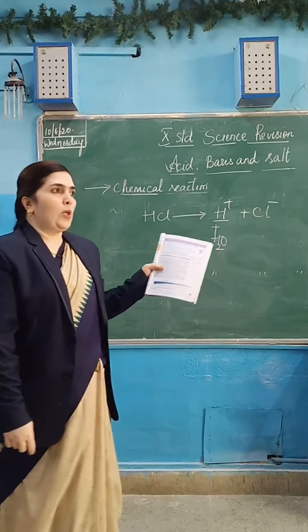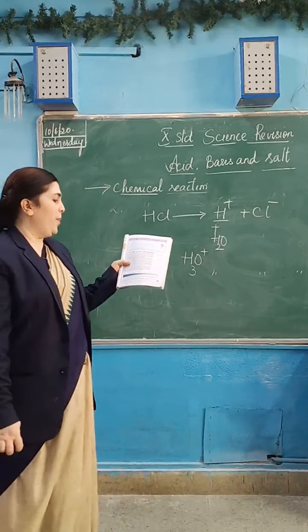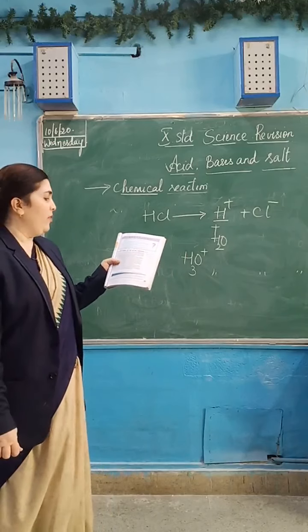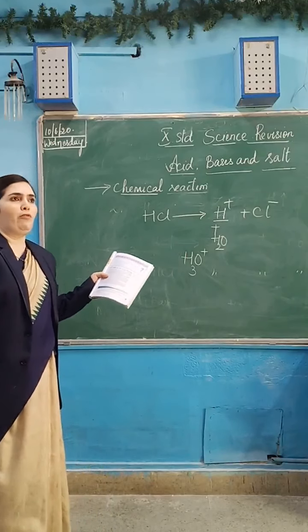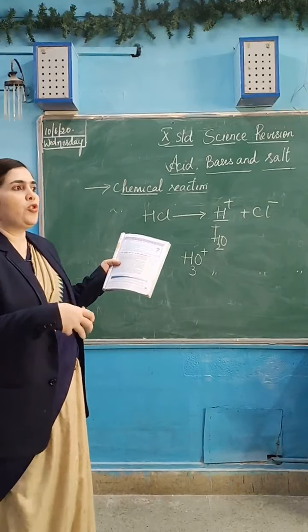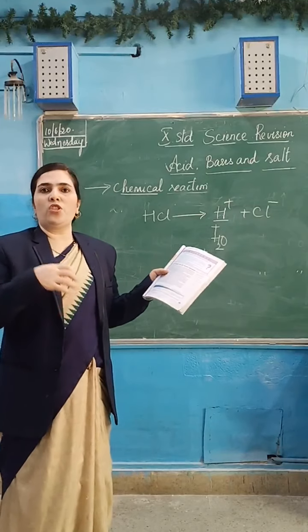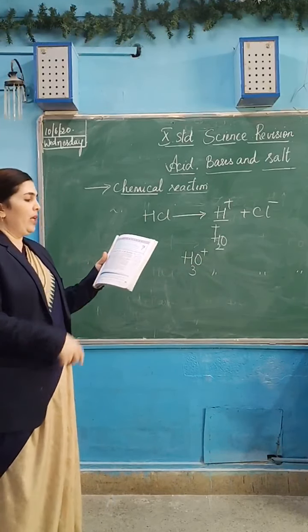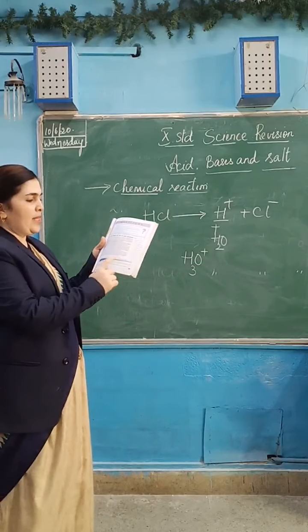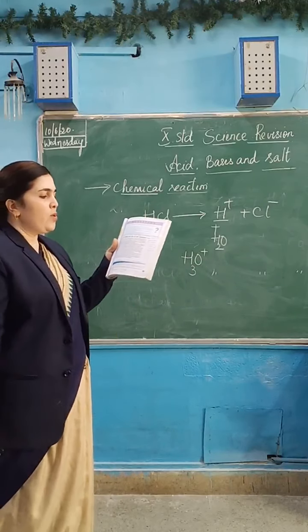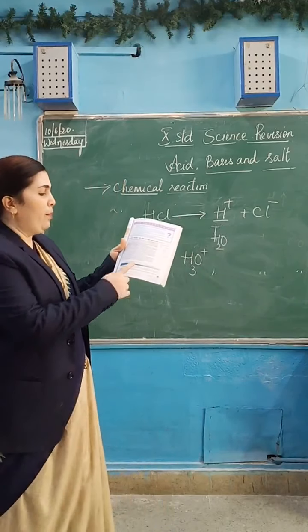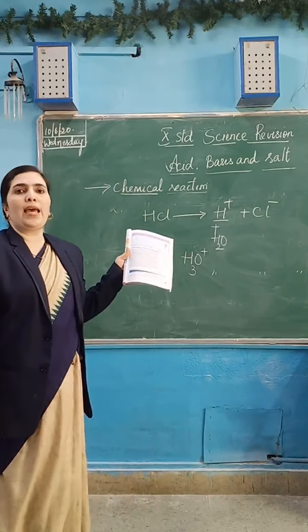About the pH also, most probably they will give the pH values. In multiple choice questions they may give the pH value, and they will tell you to find out the solution which is more acidic, or which is more basic, or which is neutral. So in that form they will give. You know about the pH scale. Above 7 the solution is basic, and below 7 the solution is acidic.